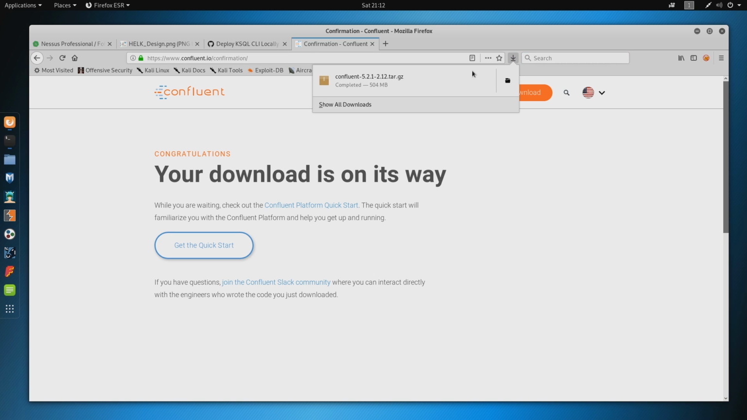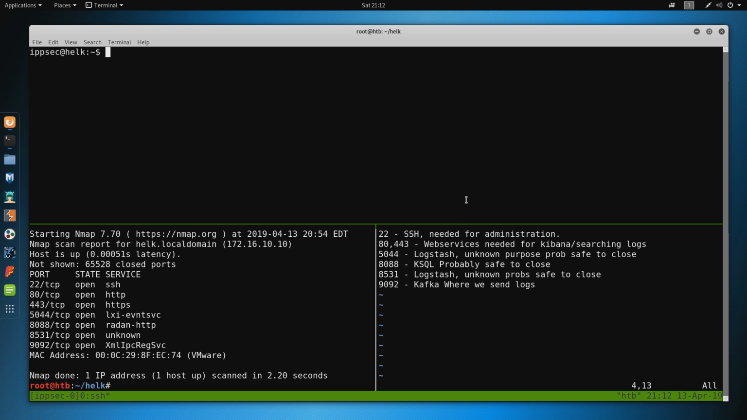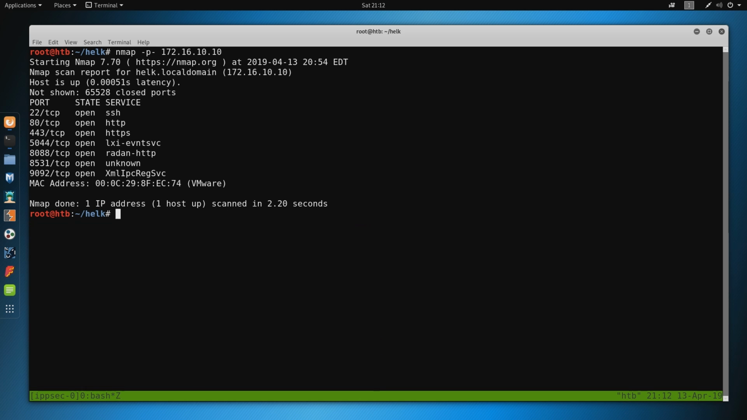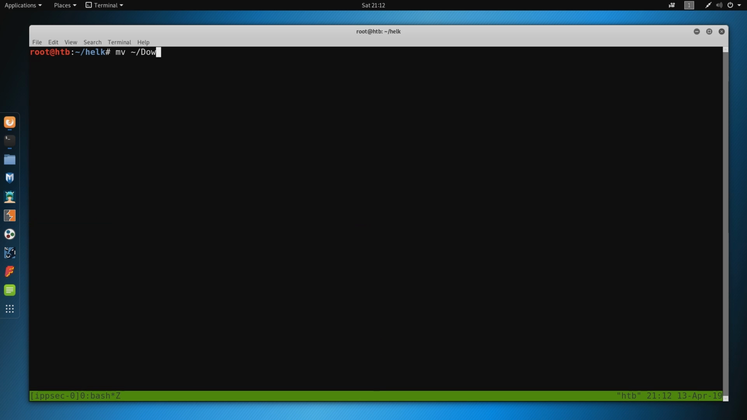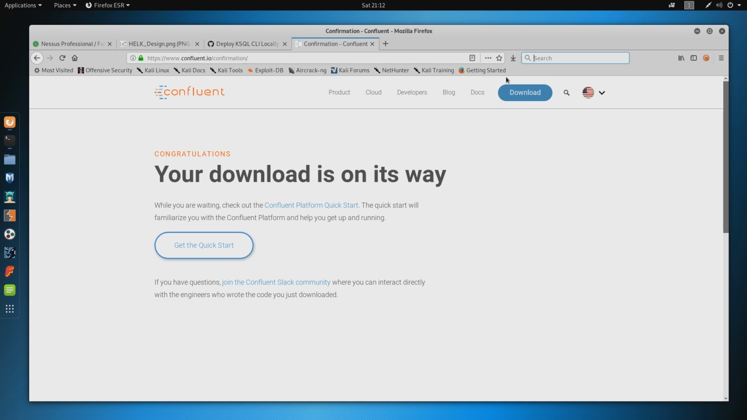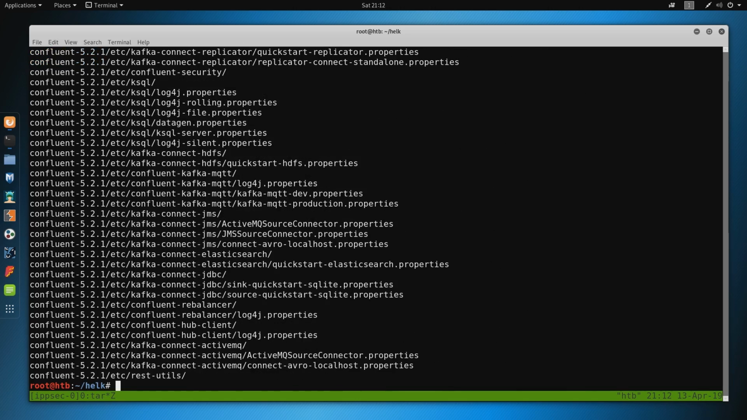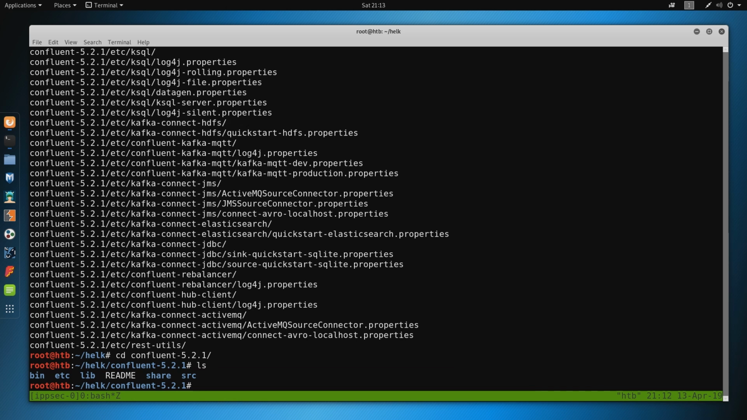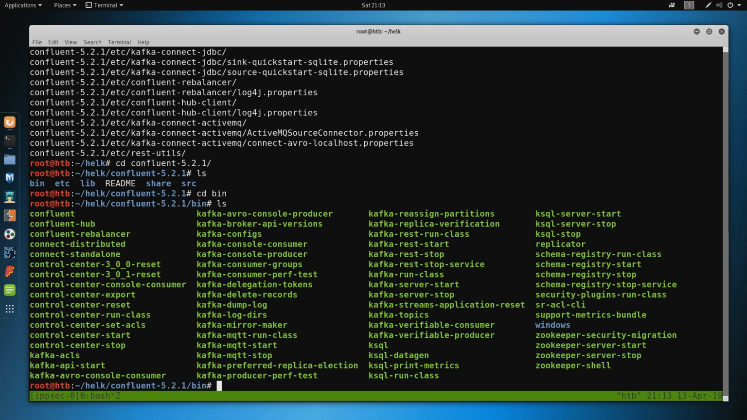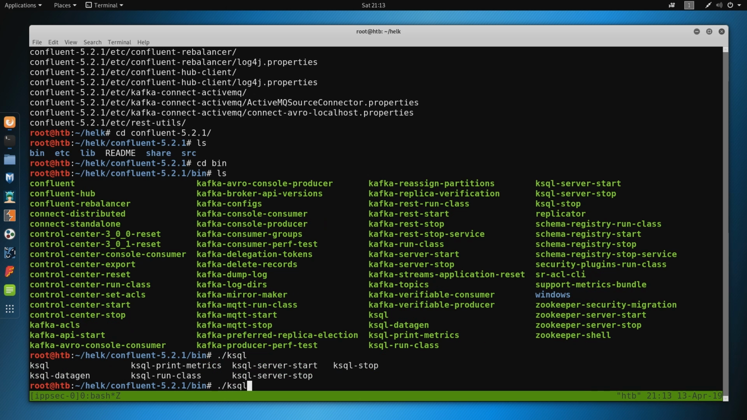It looks like the download is finished. So let's go back to our box and just move that file here. So move downloads, what was the file name? Confluent to our local directory, and then untar it. And then let's go into the directory and see if we can find where the KSQL bin is. So it's in just bin, and then KSQL and HTTP